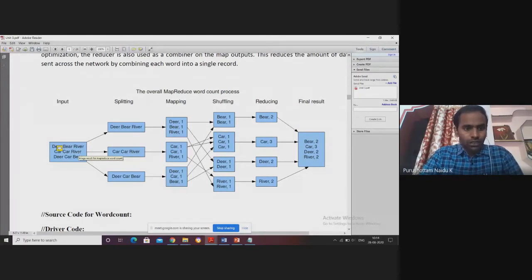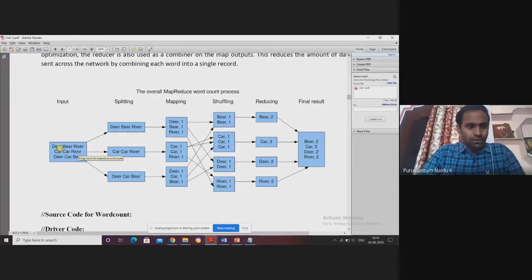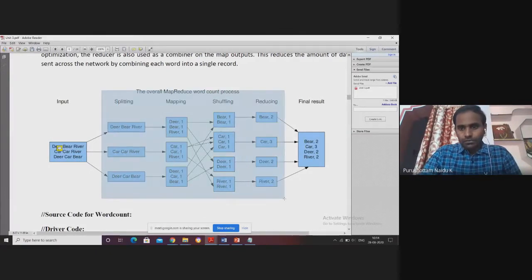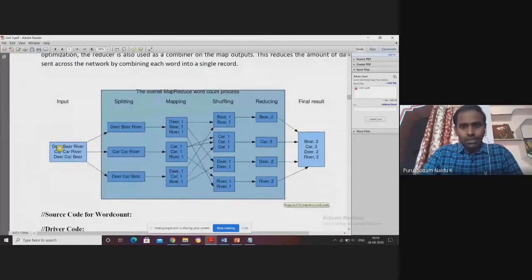I would like to write a MapReduce program to count the number of words in a text file, and the word frequency also. Now, how does the actual MapReduce program work? The actual procedure between the input and the final result is taken care of by Hadoop itself.